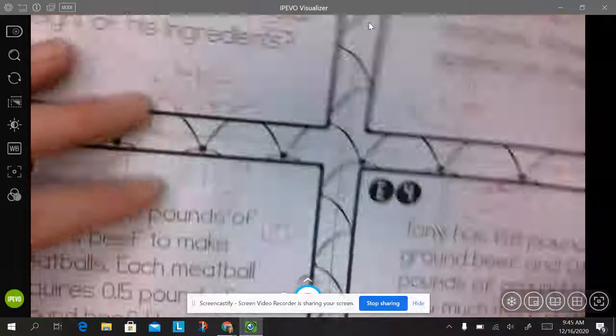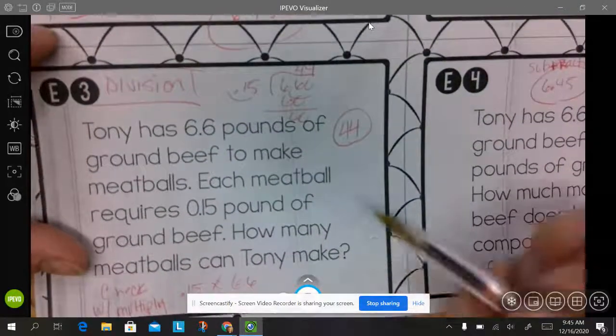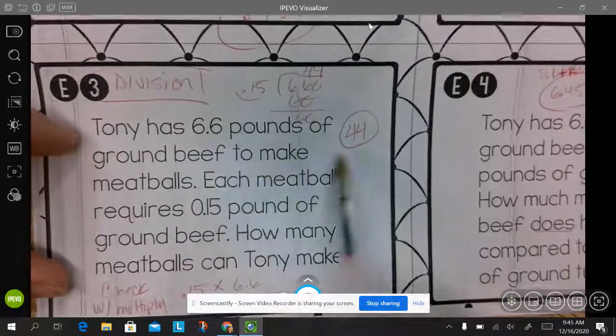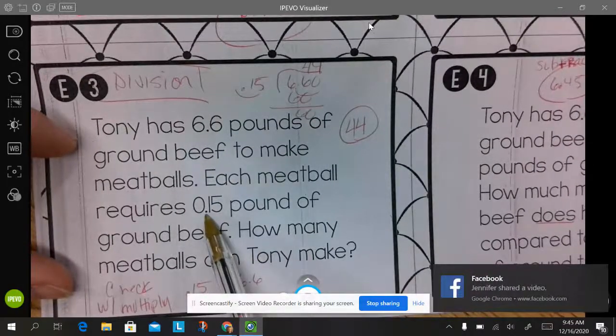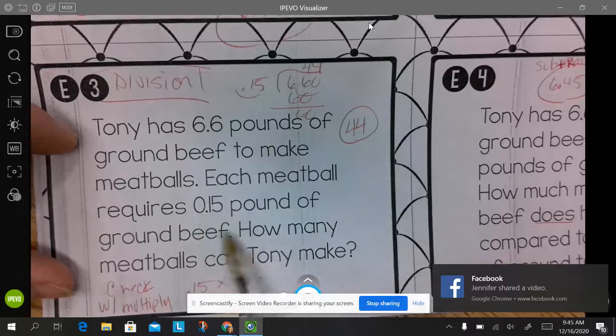All right, ready? E3. Tony has 6.6 pounds of ground beef to make meatballs. Each meatball requires